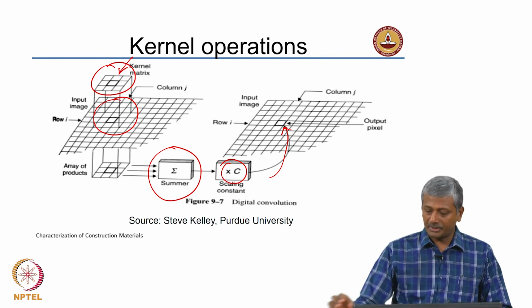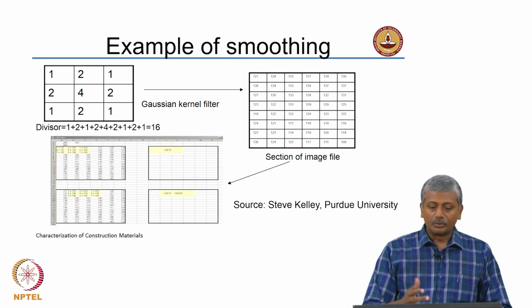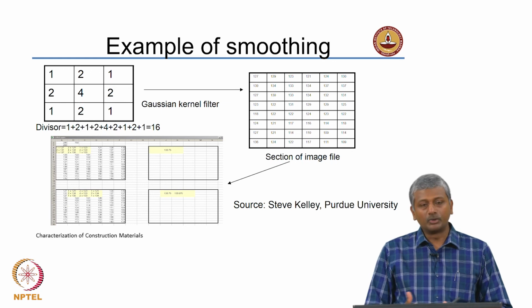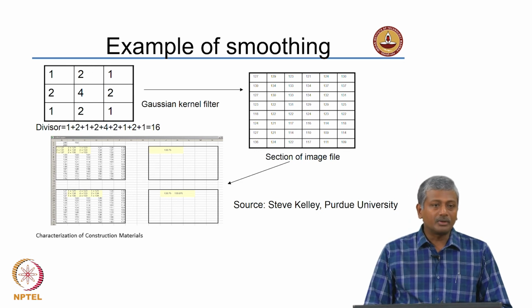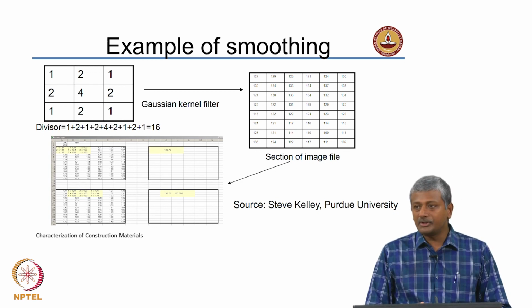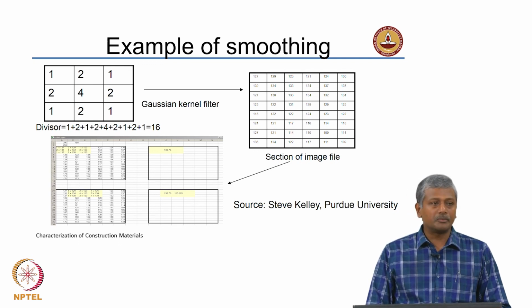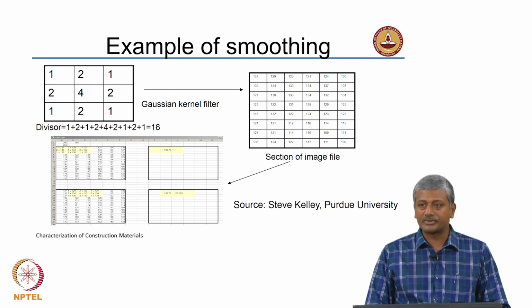To give an example of smoothing, I told you last time that smoothing needs to be done when we feel that certain features are looking too sharp or too non-uniform as opposed to what is around them. So, we would like to smooth the image, because smoothing, while it reduces the sharpness of the image, also reduces the extent of noise that you have in the image.